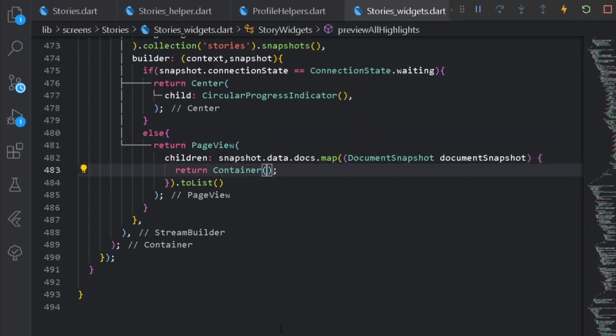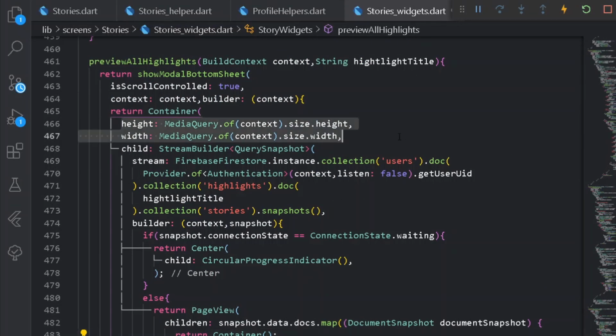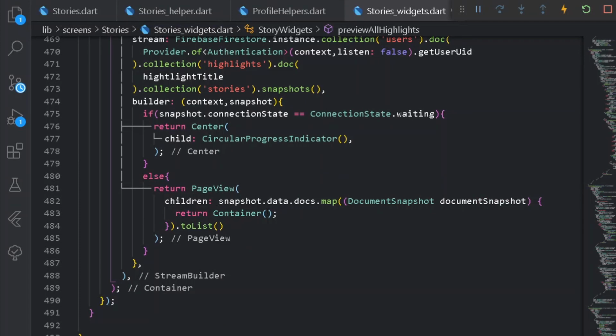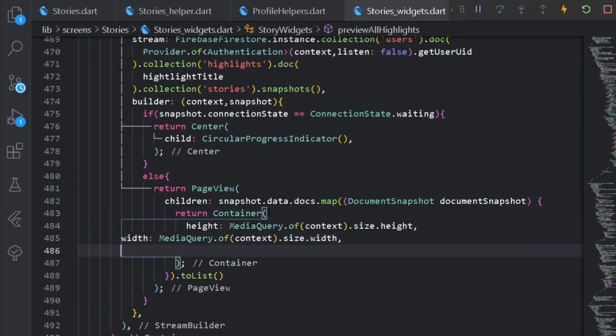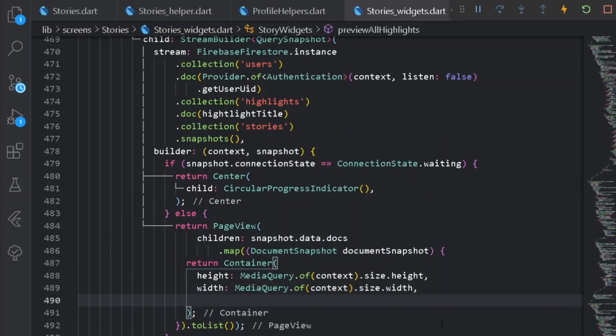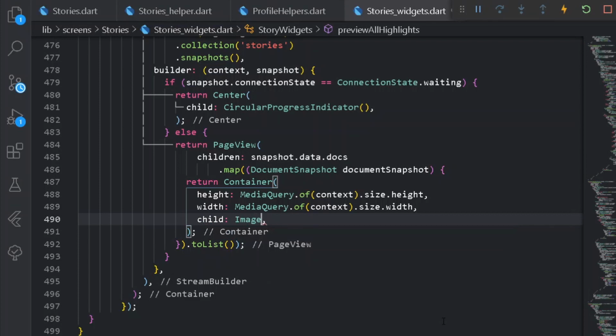Now the following container is gonna be given some height and width. So I can copy the entire height and width from there, paste it here, and here I can simply have a child of image dot asset, not asset but network, and under the following network I can have document snapshot dot data, and from data I can simply get the following image.